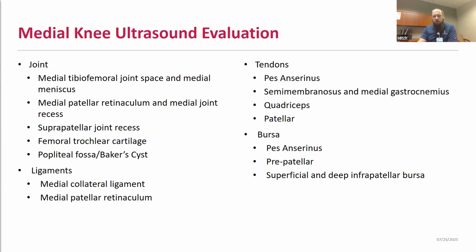And then looking at the medial patellar retinaculum and the patellofemoral joint as well along that medial recess, and then going more into the anterior aspect of the joint and that suprapatellar recess. And so in addition to the evaluation today, we're going to talk a little bit about some of the anterior knee structures as well, including the quadriceps and patellar tendon, patella itself, and the associated bursa, as well as the hyaline cartilage of the knee, and then dive a little bit into some of the posterior medial structures, such as evaluation for Baker's cyst and taking a look at the posterior medial tendons, such as the semimembranosus and the medial gastrocnemius.